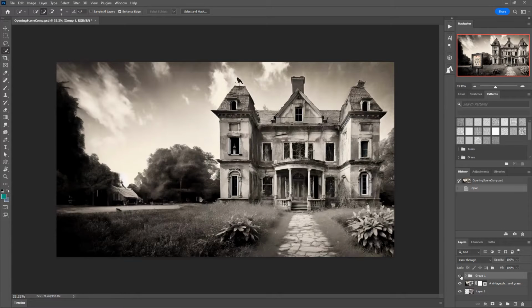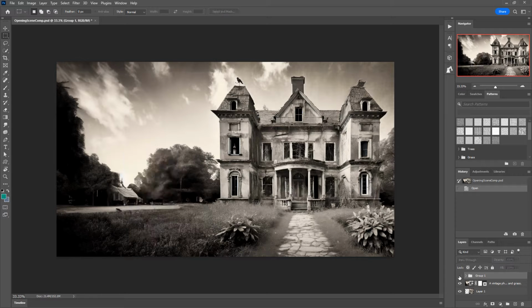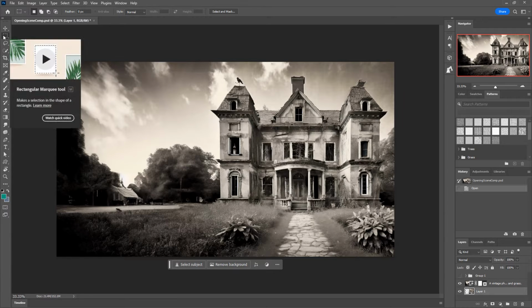So to begin with, I wanted to break my scene up as much as possible so that when running everything through the video AI model, there would be less chance of seeing strange warping behaviour occurring on the objects that should be static, such as the house and the wooden sign. The sign itself was already originally rendered on top of the scene as an Adobe Firefly object, so it could instantly be hidden.